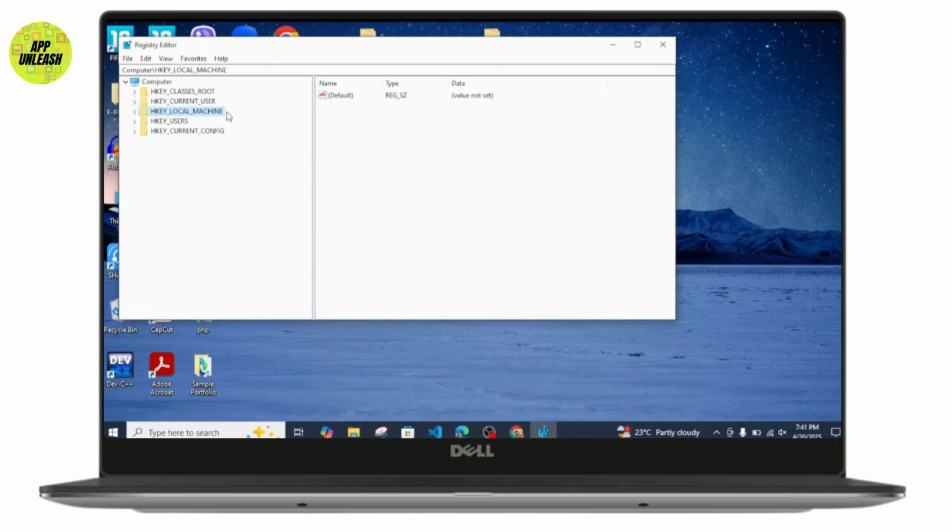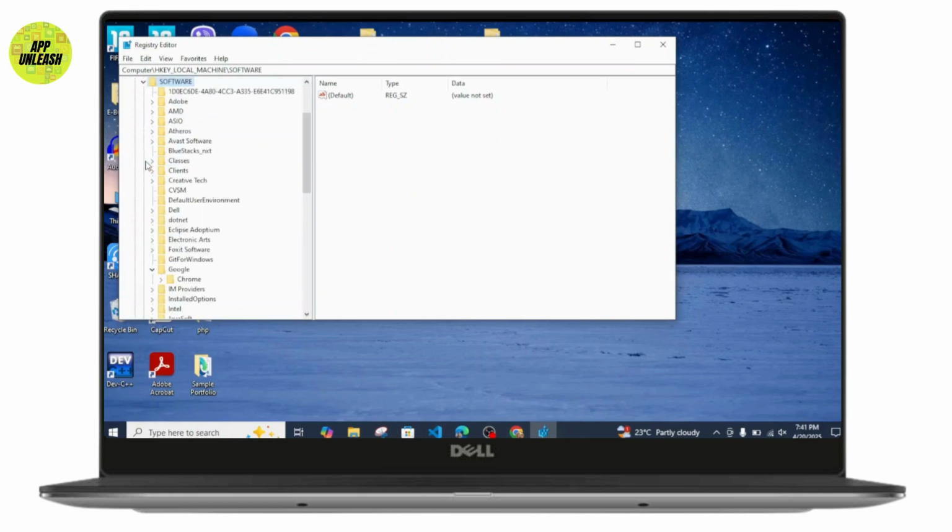So once you search for Registry Editor, you will be redirected to this page. Just tap on this HKEY_LOCAL_MACHINE and expand it, and simply tap on this Software and expand it as well, and simply expand this Google and come to this Chrome. So all you have to do is just click on this Chrome, and once you tap on this Chrome, simply